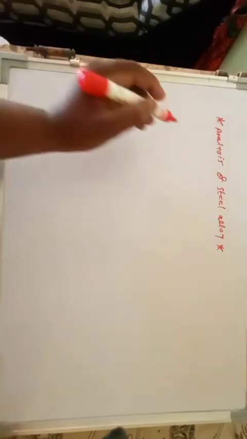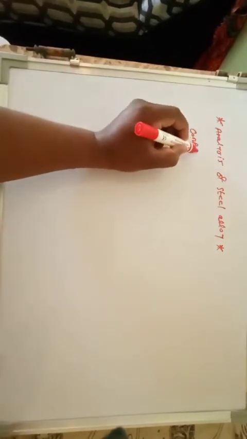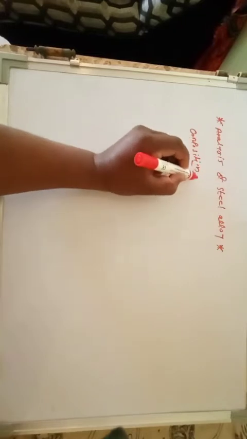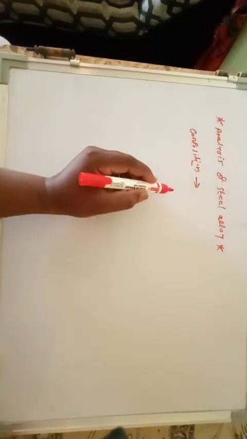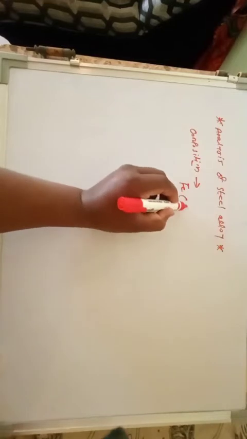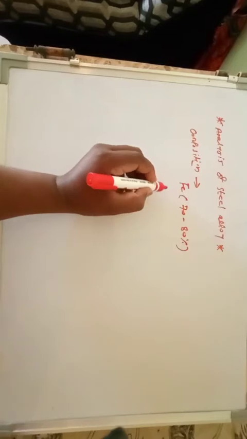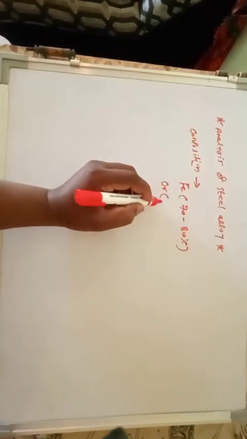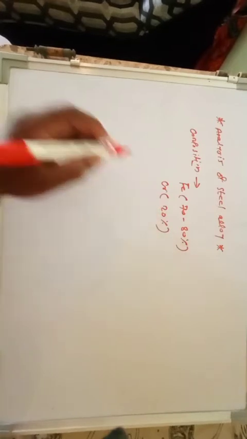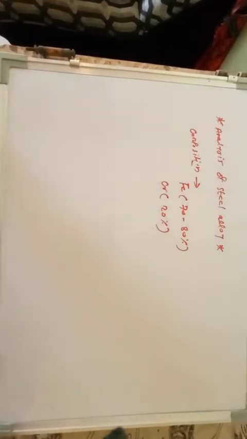if you see the composition of this steel alloy, the Fe is 70 to 80%, and the chromium is up to 20%. So the amount of nickel is very less, therefore we are very much interested in only Fe and chromium. So how will you determine this Fe and chromium?